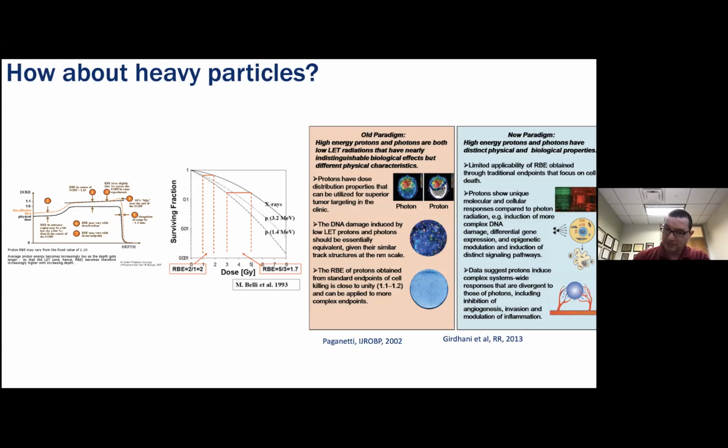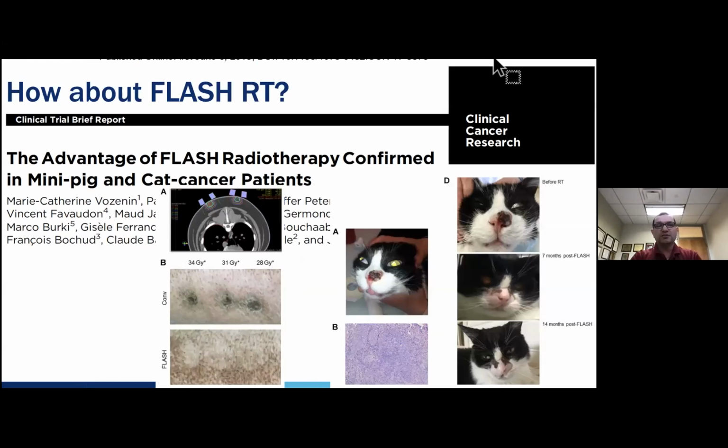And that's an active area of research as well. Now, of course, the discussion won't be complete without talking about the dose rate effect. More recently, there has been interest in the ultra-high dose rate effect called the FLASH effect. The idea here is that using a very high dose rate, above 40 grays per second, it actually spares the normal tissue, as if the radiation becomes transparent to the normal tissue, while still maintaining the same effectiveness with